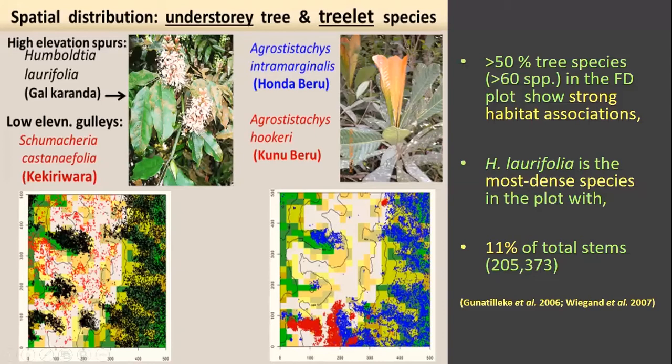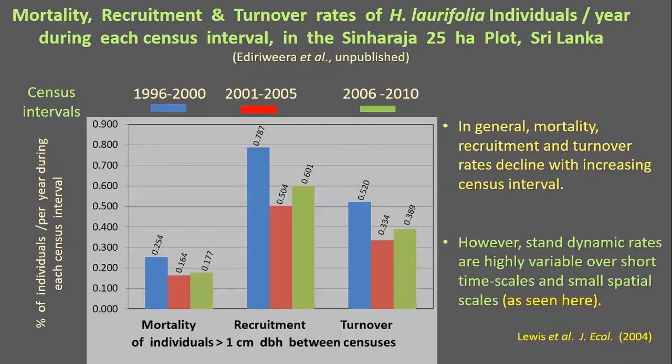Right, coming on to the mortality, recruitment, and the turnover that we have studied during different census intervals, starting from about 1996 up to 2010. We had done 3 census interval recordings here, and you can see the mortality in the blue gives the first census interval, 1996 to 2000, and the red one is 2001 to 2005, and 2006 to 2010 in greenish yellow. And as you can see, recruitment is much greater than mortality in all 3 intervals, and the turnover